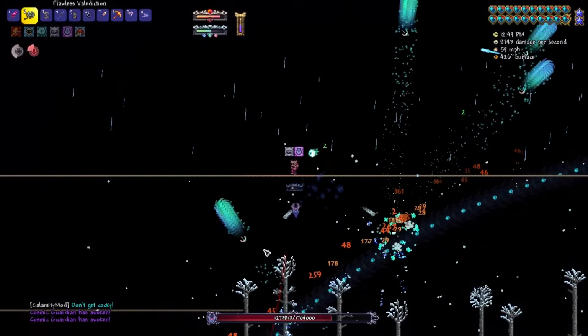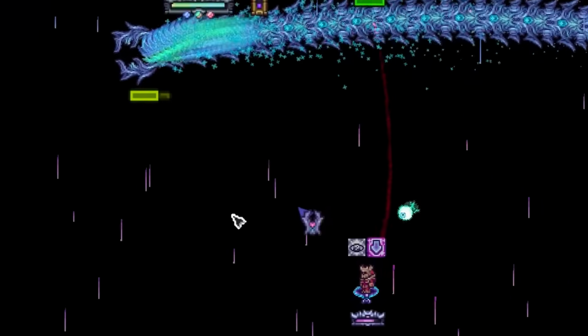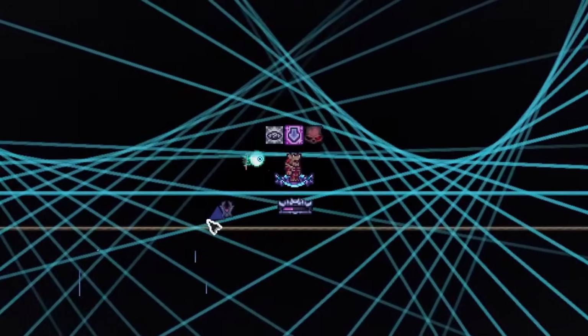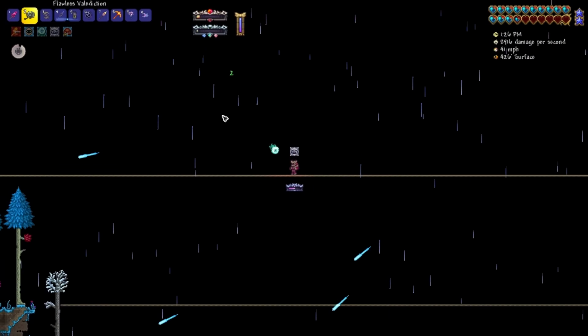The Razorblade Typhoons would just lock directly onto the head. Like, look at this, these things are latched on like my dog when he's eating something he shouldn't be. Anyways, the first phase isn't really anything too special. I took a couple stupid hits here and there, but we survived. However,